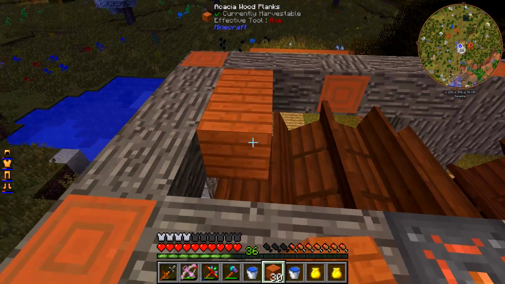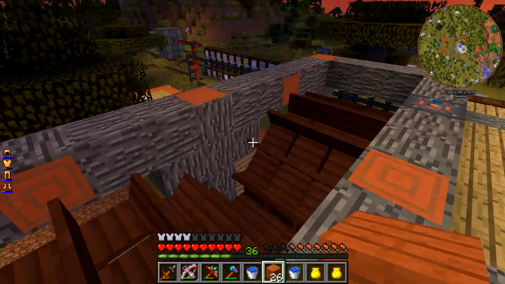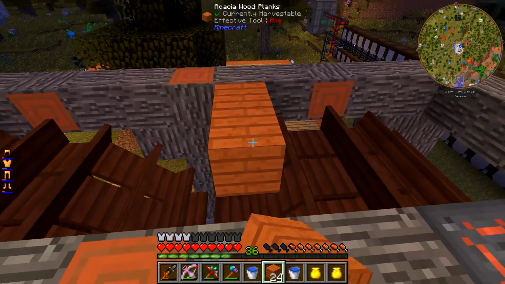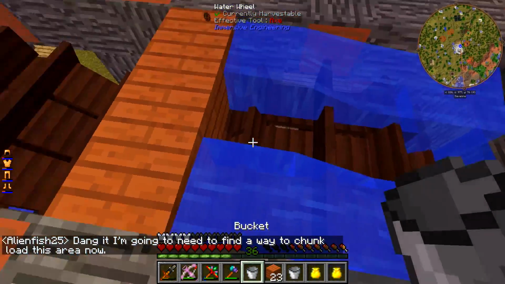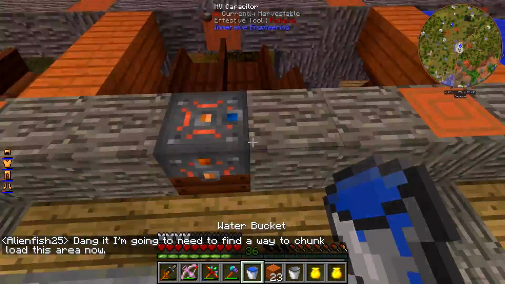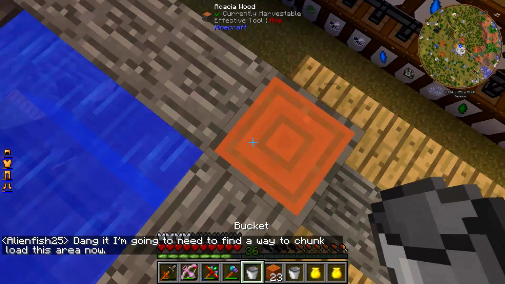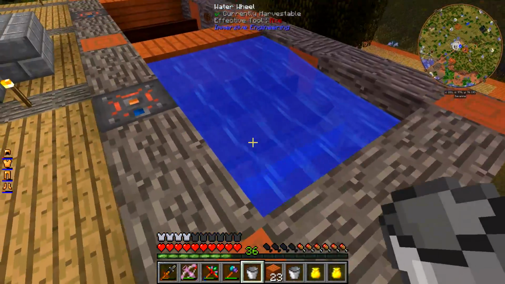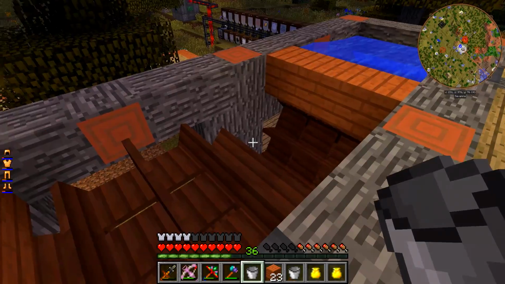So if I do something like this, and then this, and then this, then we can stick a water bucket right there, a water bucket right here, and then a water bucket right here. It's going to flow, right? Yeah, okay, so now it's flowing. Is this going over the edge? No, it's not. It's perfect. Okay, sweet. Now, I kind of wish I could have the water go both ways here,